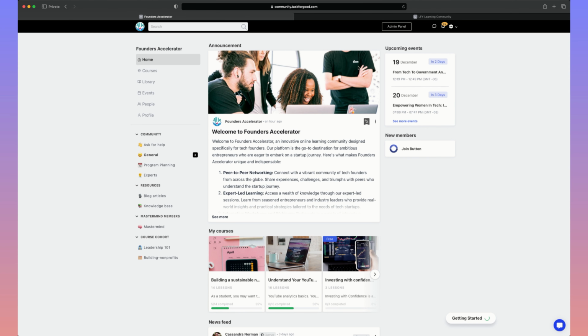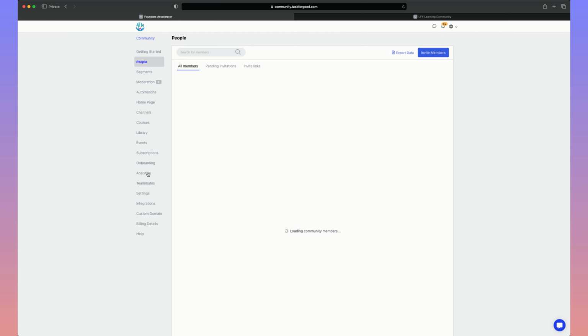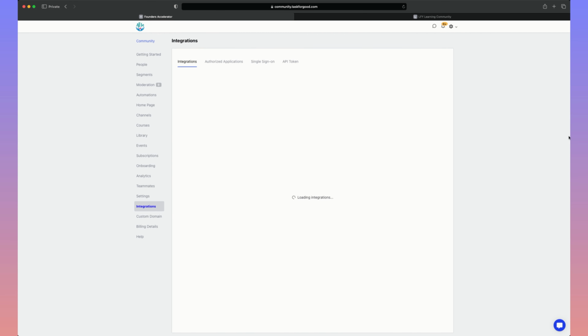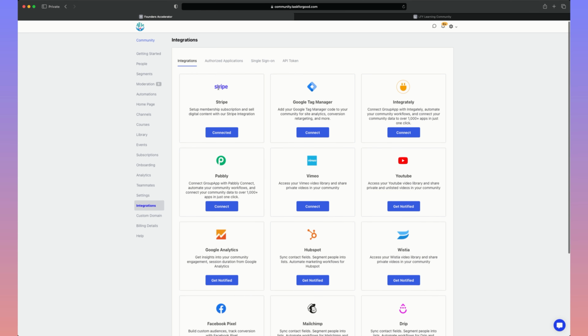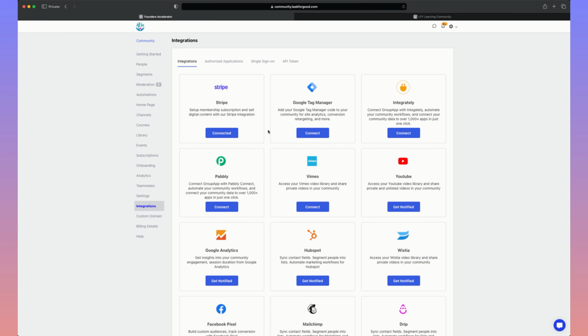To set up payments within your community, you will navigate to the admin panel, go to integrations, and you will select Stripe and integrate your Stripe account with your Group App community. Once you've set up your Stripe account with your Group App community, you can now set up subscriptions for your